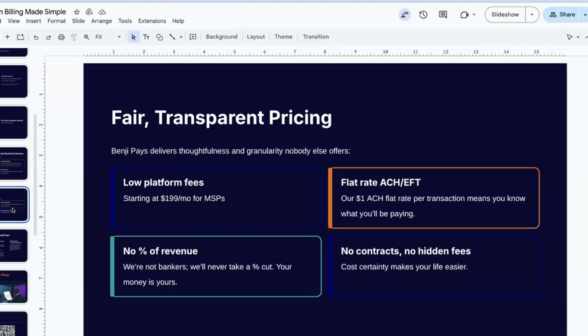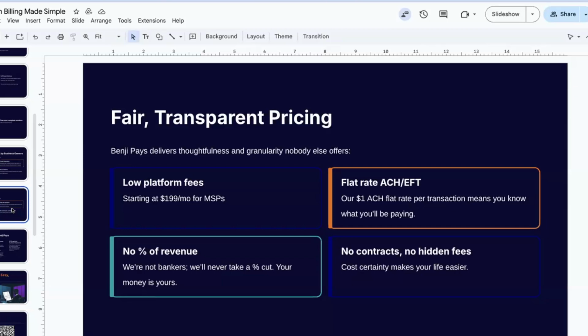We don't take a percentage of your revenue on the platform side. As a business owner and having run other businesses, I was really tired of it seeming like everyone had their hand out for another piece of the P&L before I got any, or my staff did. So we strongly believe that we shouldn't be basing the value of our product on how much you're processing or taking a percentage of that. The value of processing a transaction is the same, whether it's $1 or $1,000. So that's a strong belief of ours.